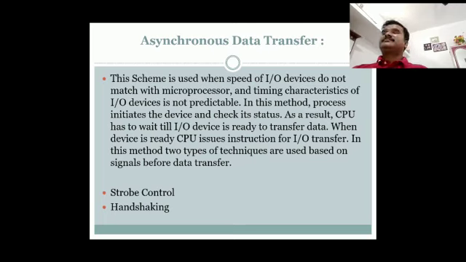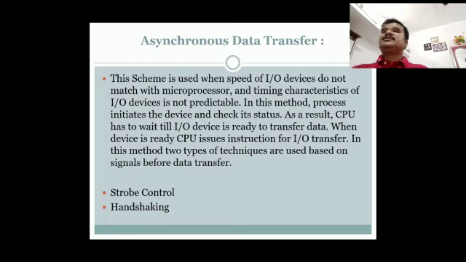In this method, the processor initiates the device and checks its status. As a result, the CPU has to wait till the input output device is ready to transfer data. When the device is ready, the CPU issues instructions for input output transfer.